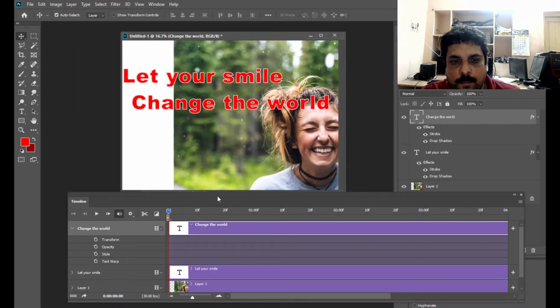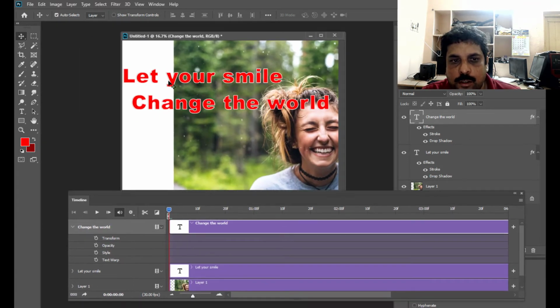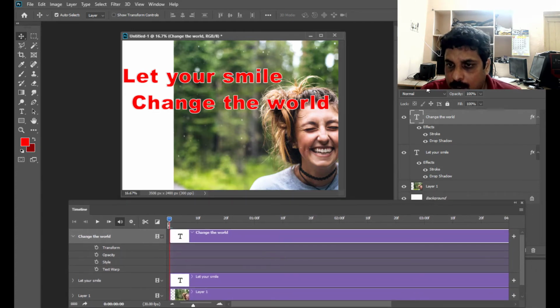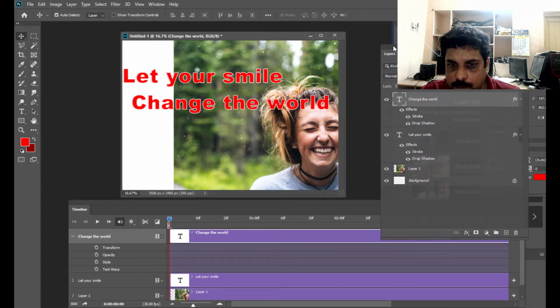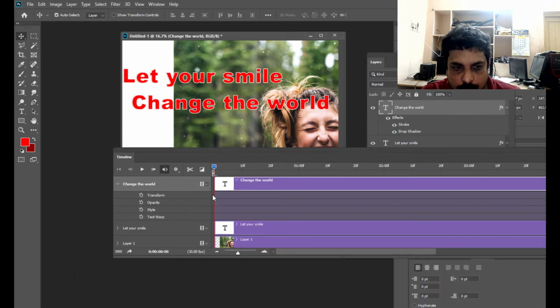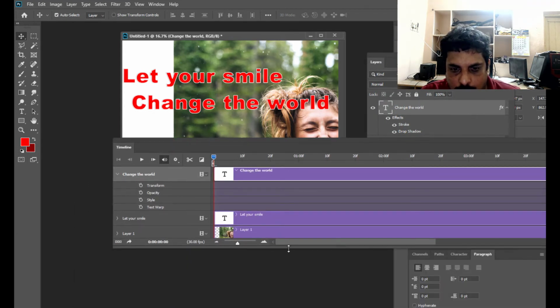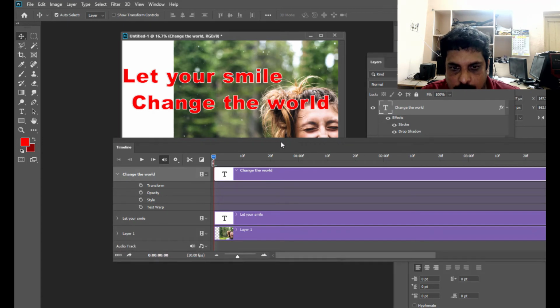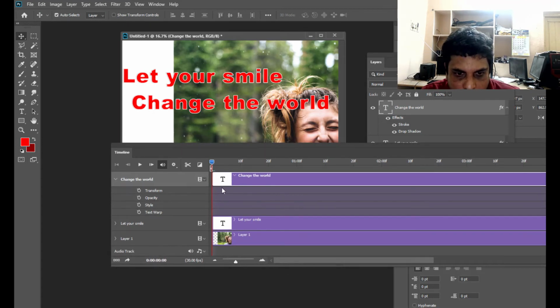we are going to animate these words, and then we are also going to animate this image. But the most important thing to remember here is, if you check each layer, we have the options transform, opacity, style, and text warp.